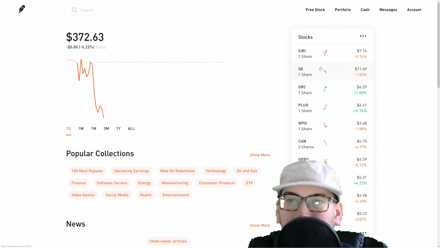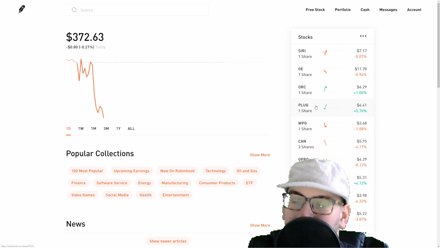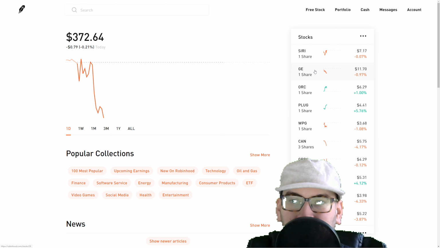So over here on the right, we have a nice little panel. This actually displays all of the stocks that are currently in my account. We have a number of them because this is sort of my educational or experimental account that I use to make videos for you guys. So we have all of the stocks, we have Sirius, we have GE, okay, RSE, PLUG,